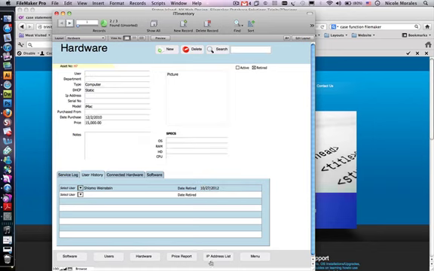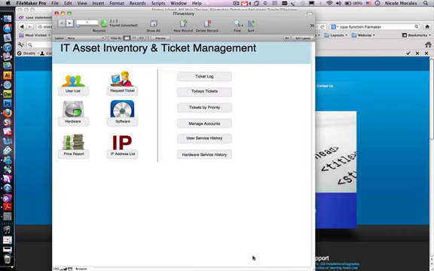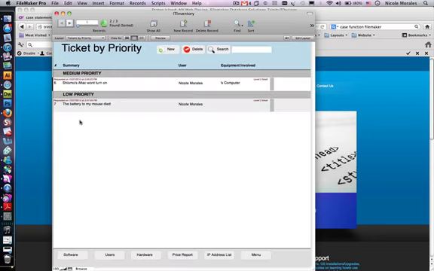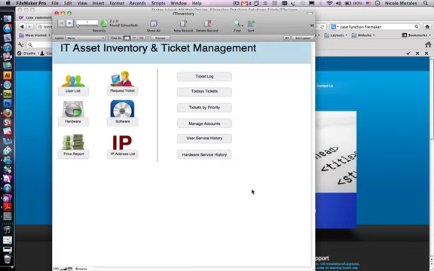Alright, so that's pretty much everything when it comes to the IT asset inventory and also the tickets management. This is pretty much everything here. And let's see, we could also view tickets by priority, which will show high priority to least. We have the ability to